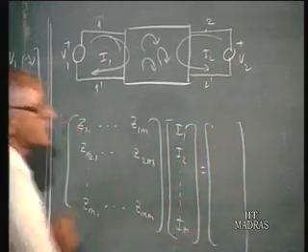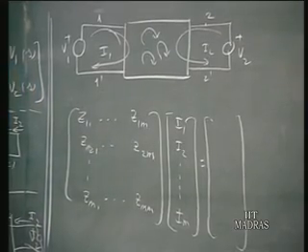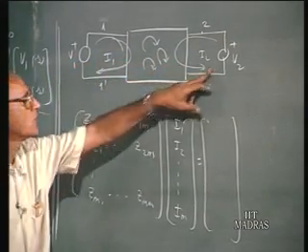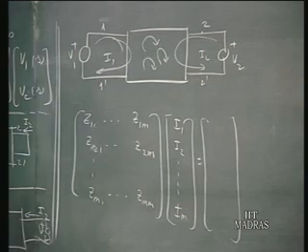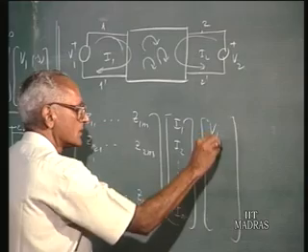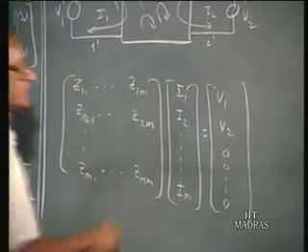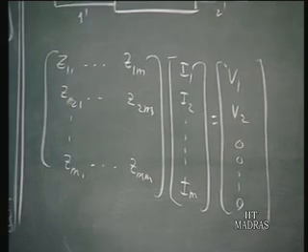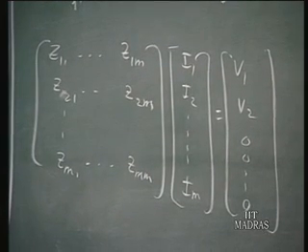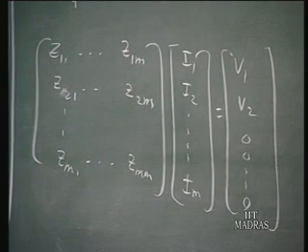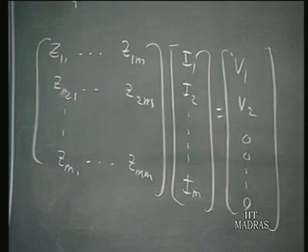As far as the forcing function is concerned, you have the sources only in these loops 1 and 2, because internally it is supposed to be a passive network, linear time invariant network, no independent sources are present. Therefore, you have V1 of S here and V2 of S here for the second loop, all the others are zeros. So, from this you can calculate I1 and I2 by taking the ratio of the appropriate determinants, and if you do that, you will get